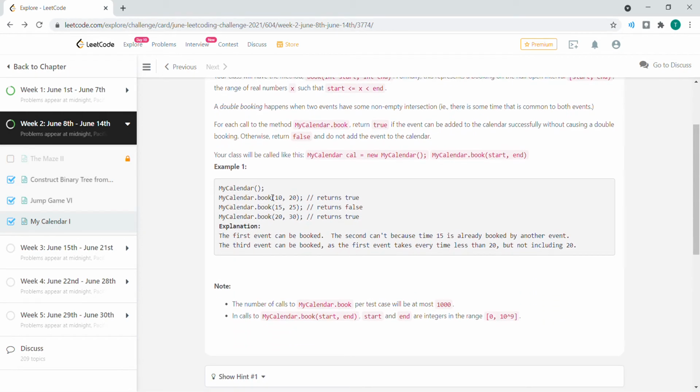So we initialize MyCalendar and we call the method book, which adds the start of 10 and 20. It returns true because the calendar is empty initially, and then we can add anytime we want. However, if we do a second call to the book method with start time 15 and end time 25, it returns false because 15 is within the range of 10 and 20, so it doesn't add the event to the calendar. However, when we do the method call to book start time 20 and end 30, it returns true because